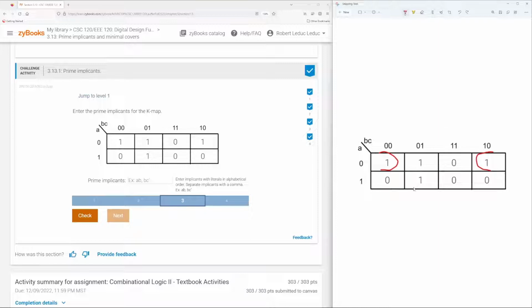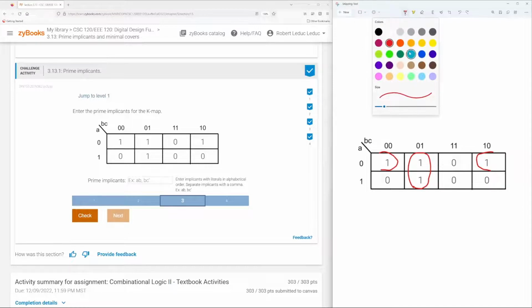Also, I have this set of 1s over here I can circle. Again, there isn't another larger circle I could do because it wouldn't be valid. So that 2-box circle is the biggest I can do. But I have to circle all possible prime implicants. So I also have to include, and I'll write it in another color,